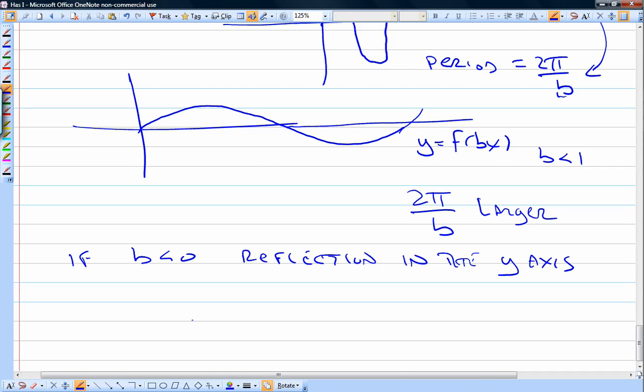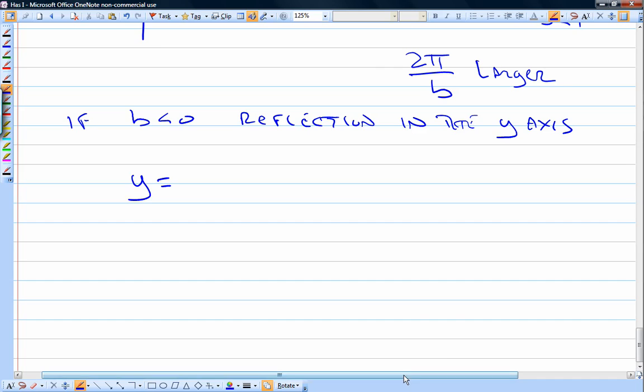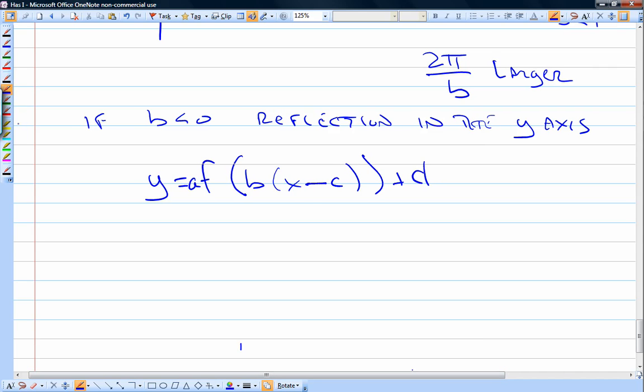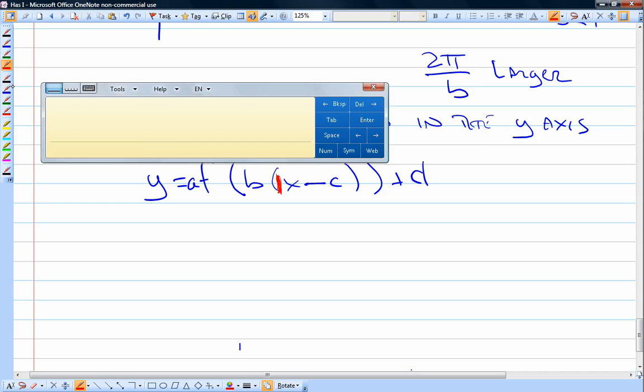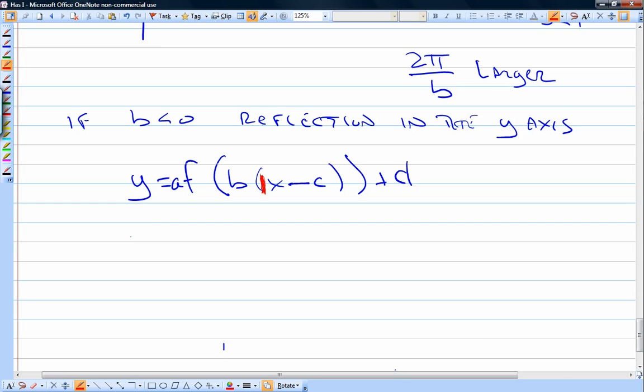Okay, now, something to be worried about or careful about when you're dealing with y equals f of a, b, x, oops, write this correctly, minus c plus d, and that is that this coefficient better be 1 when you're dealing with things. So if you're ever given an equation, and it's one of the great little annoying math things